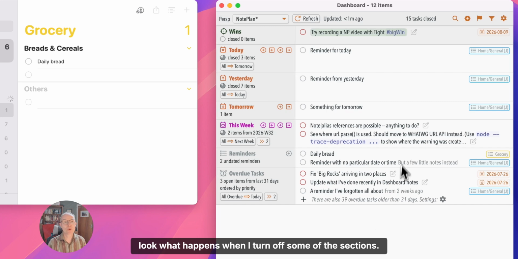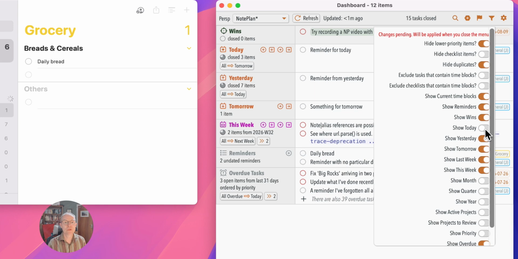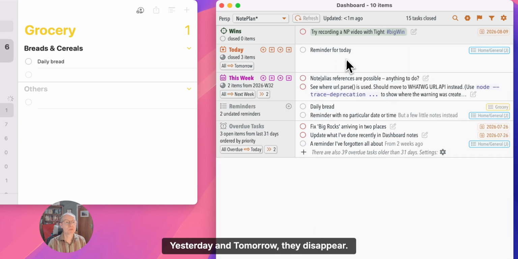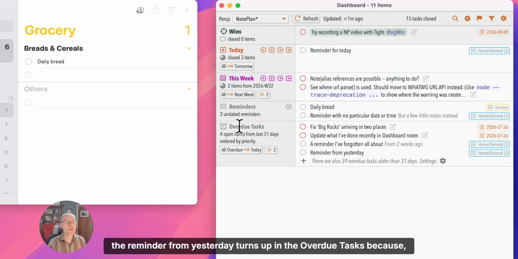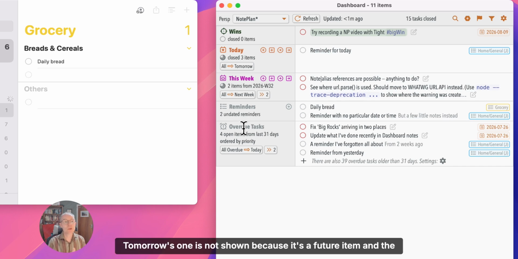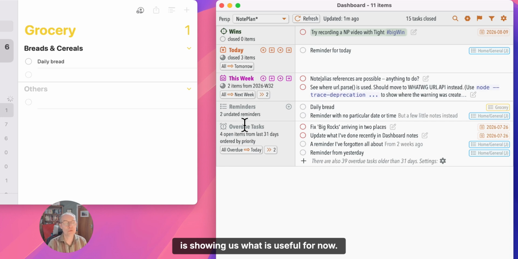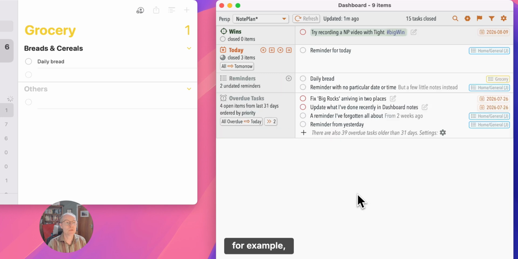Now, look what happens when I turn off some of the sections. So if I turn off, for example, yesterday and tomorrow, they disappear. But look, the reminder from yesterday turns up in the overdue tasks, because we're not seeing yesterday's, then they live as usual in the overdue tasks. Tomorrow's one is not shown because it's a future item and the dashboard is showing us what is useful for now. If I turn off further sections, last week and this week, for example, then they have disappeared from there,